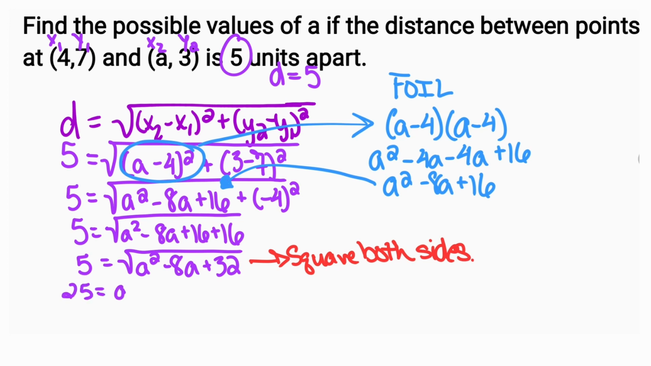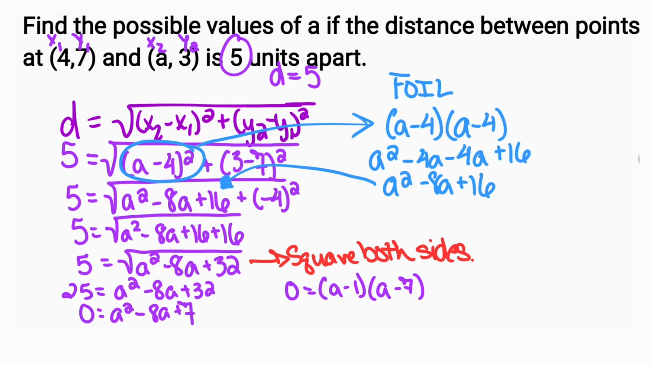So we're going to get 25 equals a squared minus 8a plus 32. Squaring both sides just gets rid of the radical. So if we move the 25 over, we get 0 equals a squared minus 8a plus 7. And so now we just get a little simple quadratic that we can factor out. We're going to get a minus 1 and a minus 7 as our factors. a is going to equal 1 or